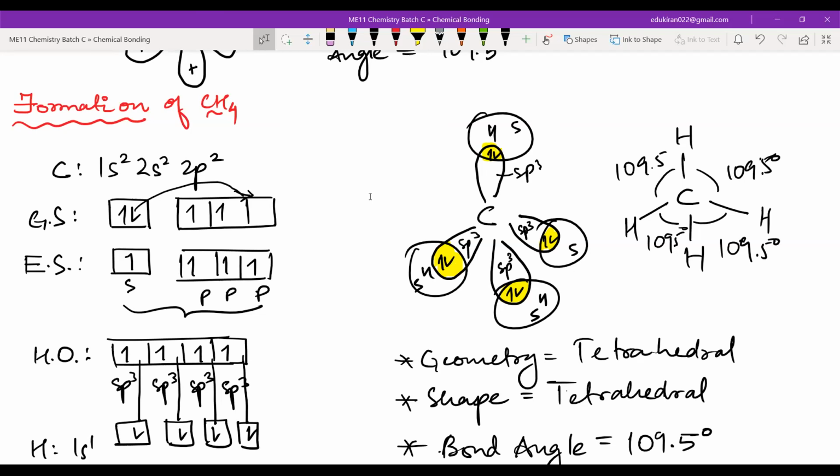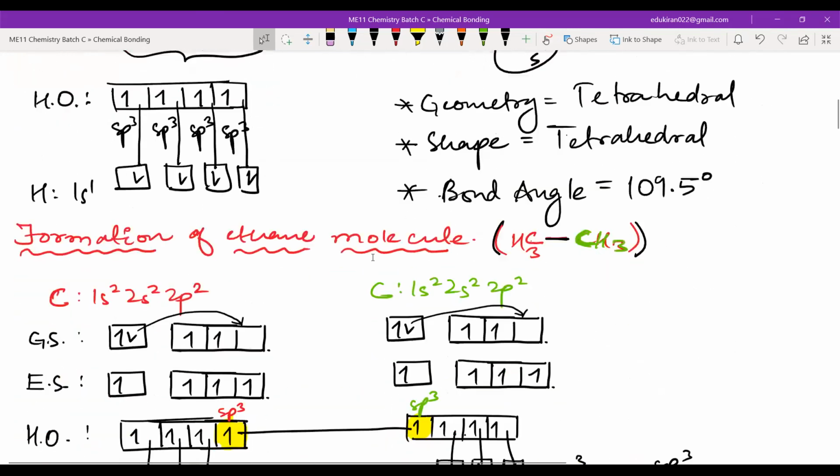So what will happen then if it needs more unpaired electrons? The electrons get promotion. Exactly correct. Very good. Promotion of electron will take place. So if I promote one electron, then we will get 4 unpaired electrons, yes or no? Yes, sir. Okay, fine. Now next one.